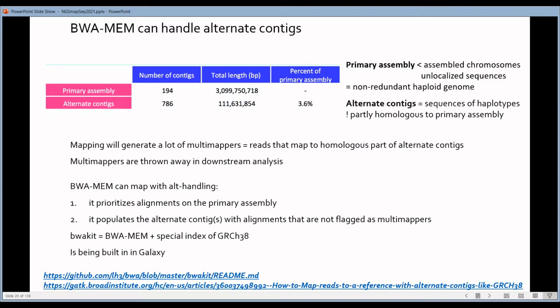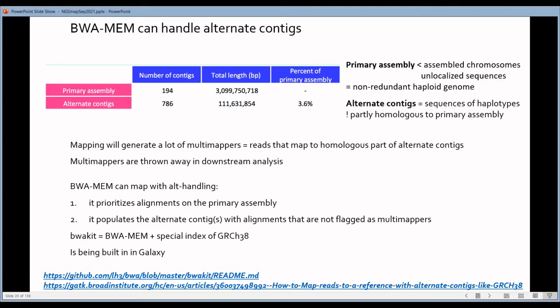Now, what is the issue here about these alternate haplotypes? Why don't you usually use them for mapping? Well, because these alternate haplotypes contain a part that is different from the original sequence in the primary assembly, but they also contain a part that is the same.